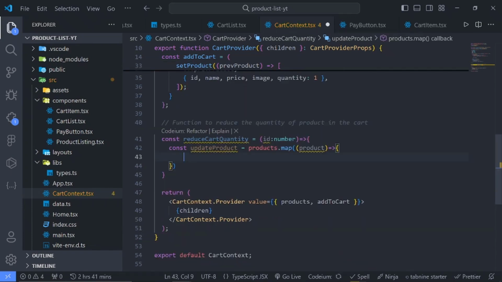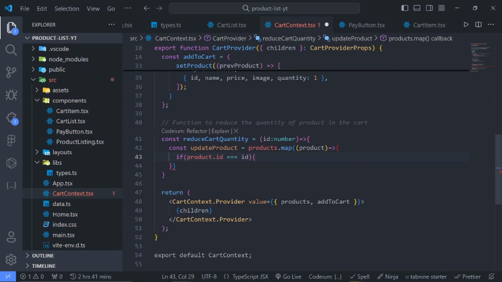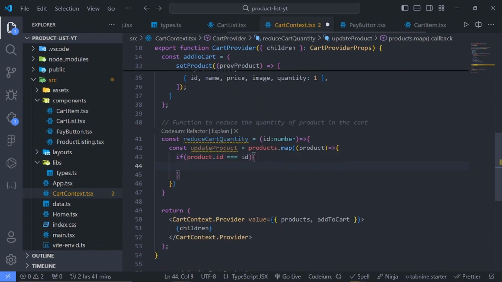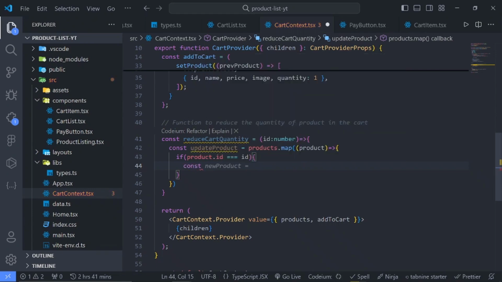All right, cool. So we'll see the same thing we did earlier on. So we say if the product ID is equal to the ID, then what do we want to do? We want to create another variable,